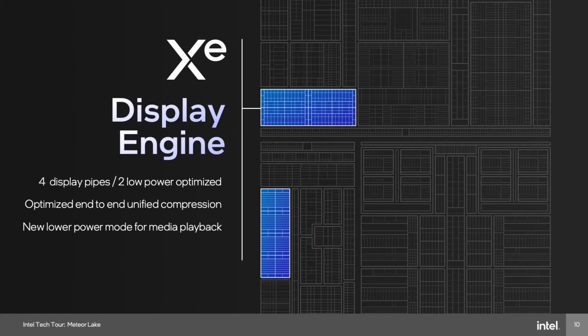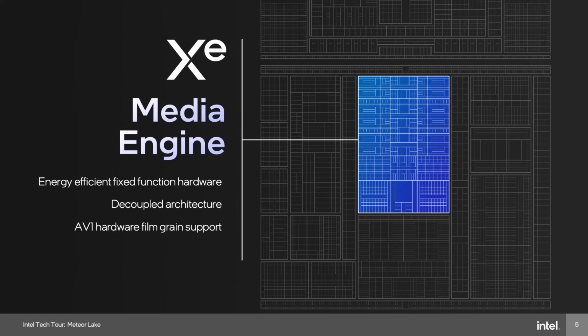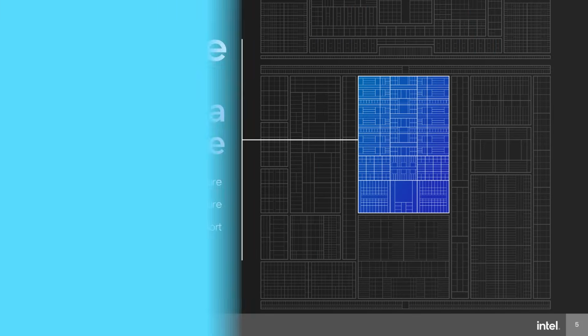Yeah, and everything else is completely off. The CPU tile's off, the GPU tile's off, and you're just powering up that SoC die and the I/O. No, that's great. Do you know if the low power cores will be engaged into that? They won't turn on at all. There's actually a dedicated low power core inside of the media block, inside of that SoC tile, different from the compute tile. So it's actually a totally new architecture optimized for media playback.